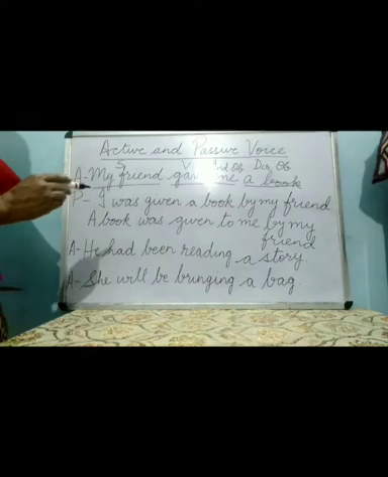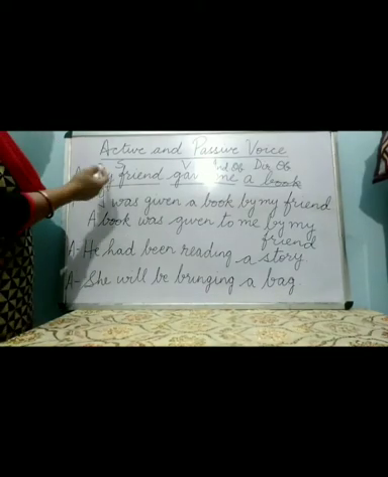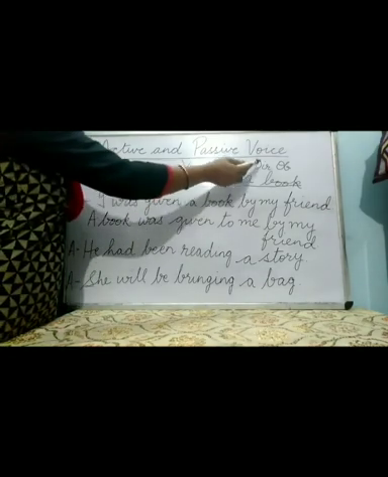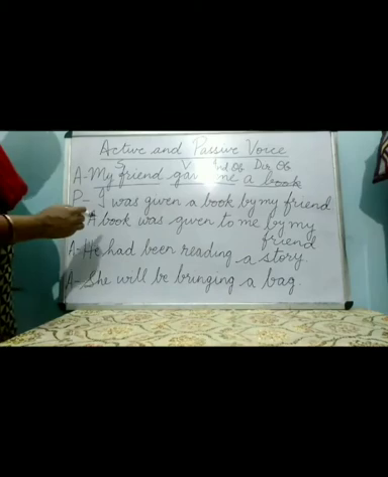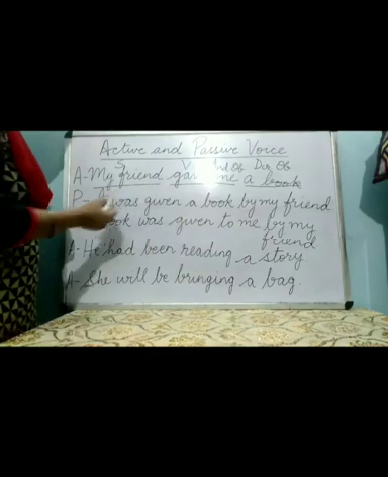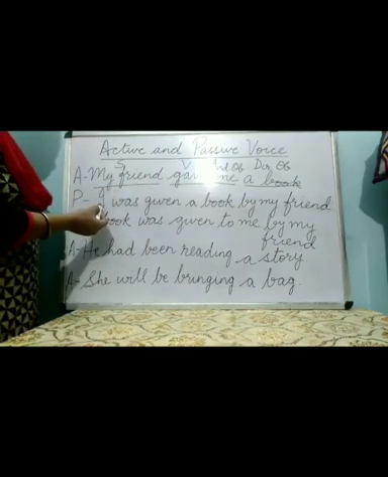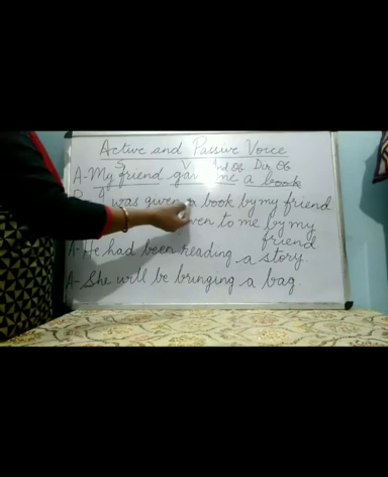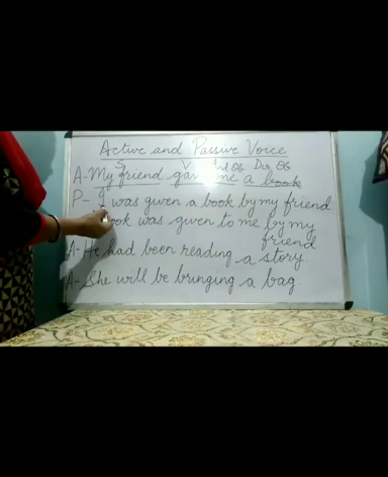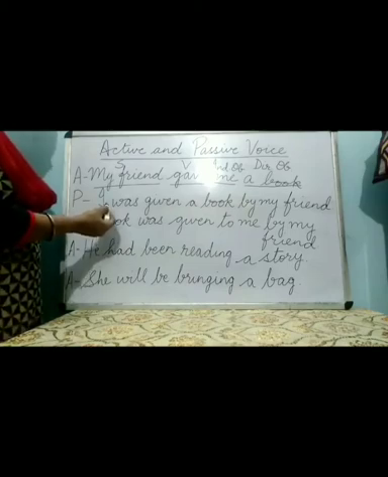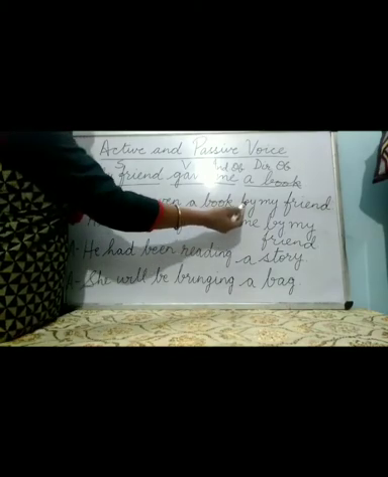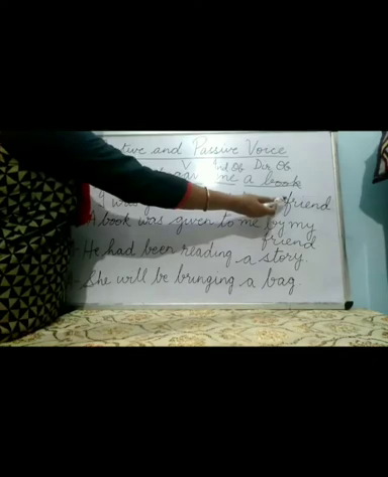So you should know how to change the active voice into passive voice using both the indirect object and also the direct object. So here in the passive voice, when you are starting with the indirect object, me, it changes into I. And you will start, I was given a book by my friend. So here you will see that I, the indirect object, we have started the sentence with the indirect object, was given a book, the direct object is used, and then the subject comes, by my friend.